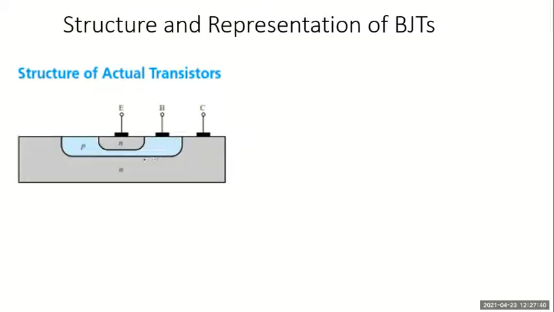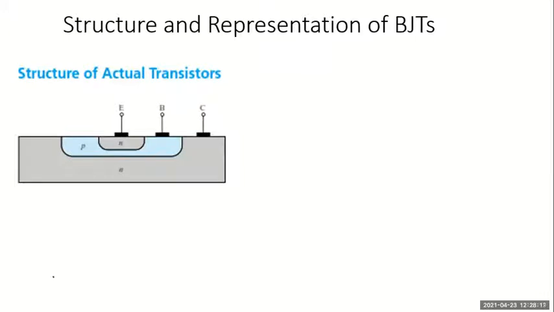How do we grow the different regions, and how do we adjust the values of all the thickness and doping and all that. Anyway, actually I have the N-type collector. You can see the largest region. On that we have the P-type base, whose thickness is very small, and then we have the N-type emitter. You see the 3 terminal connections. Can we talk about the representation?